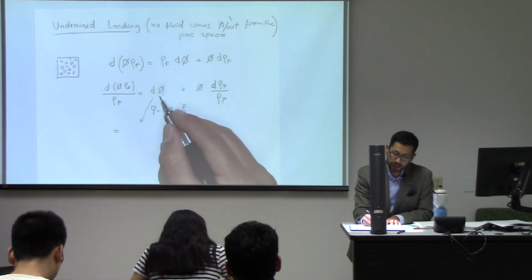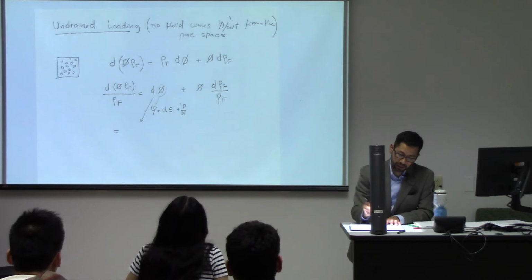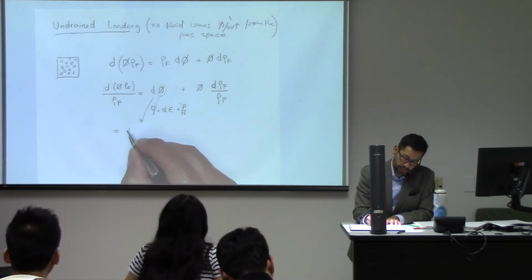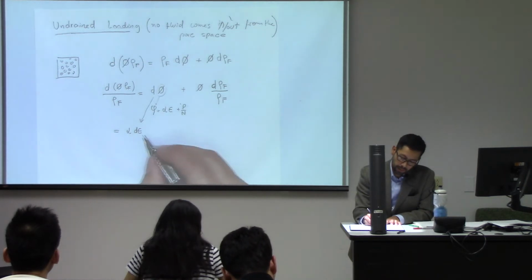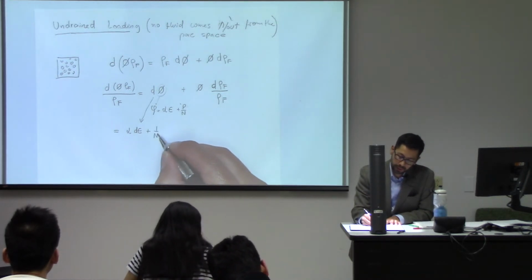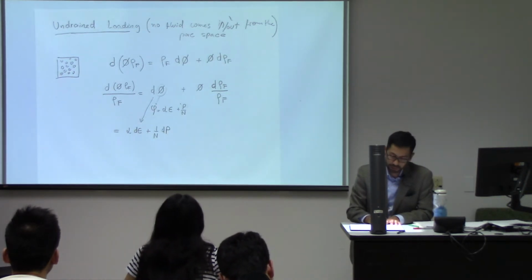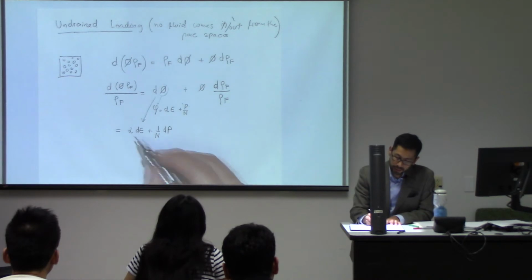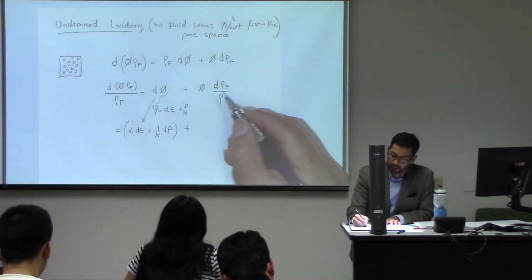So this guy, it will be that guy, but if I take the derivatives, this will be alpha variation of volumetric strain plus 1 over N variation of pressure. And this one over here,